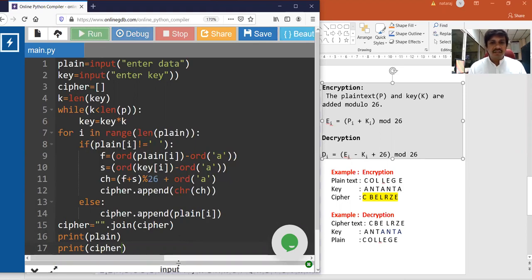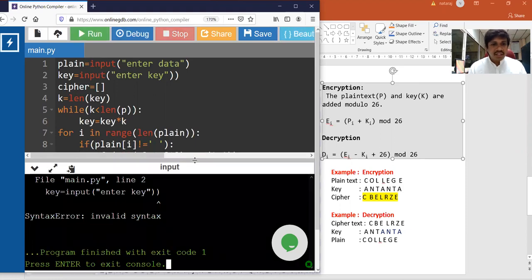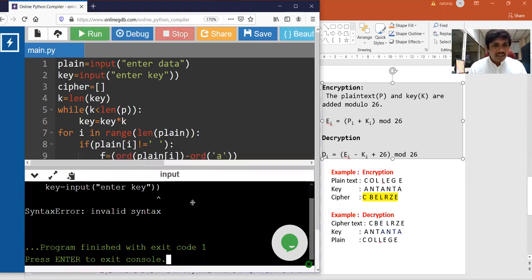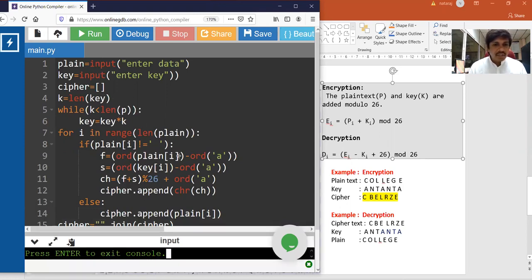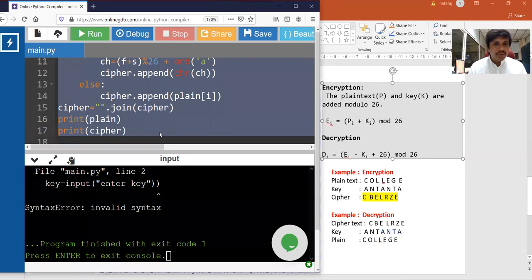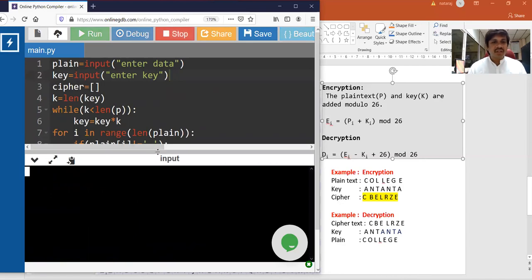See here. There is an error, an extra parenthesis for key. There it is, line number 2. There's an extra parenthesis for key. So enter data.